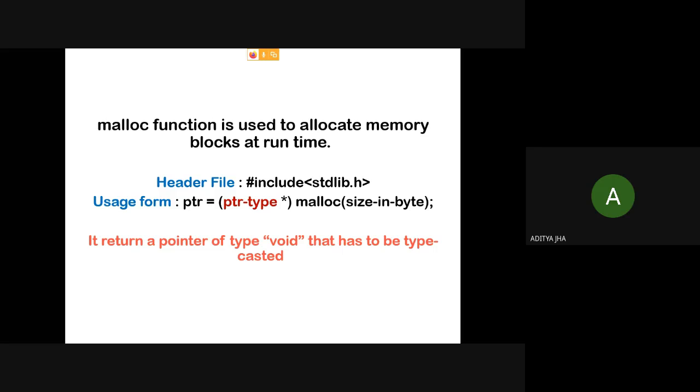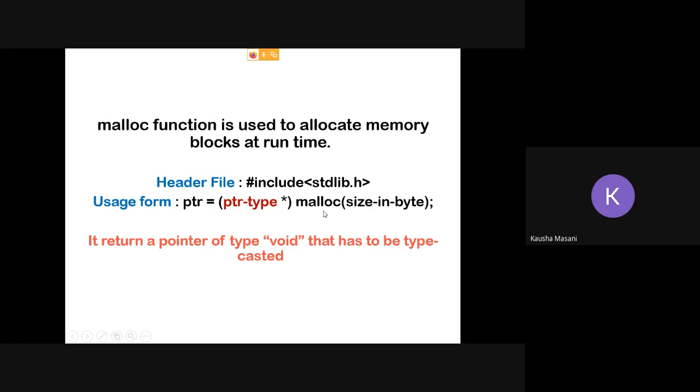Malloc is returning a pointer, but do not forget that the pointer is of type void. That's why I have given it a red line here on your screens, if you can see. It is important for you to know. The malloc is returning you a pointer pointing towards the memory block reserved by this size,